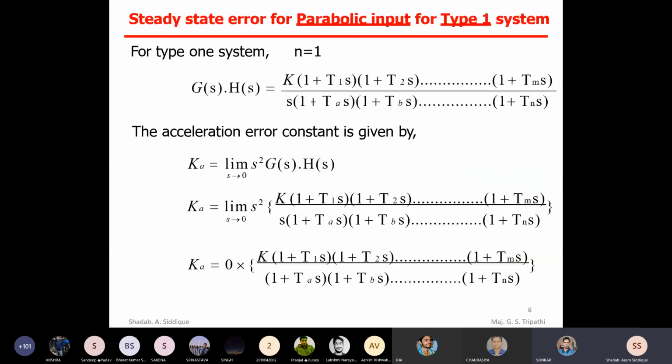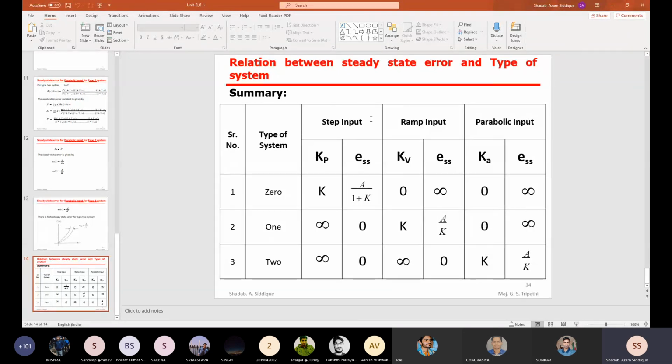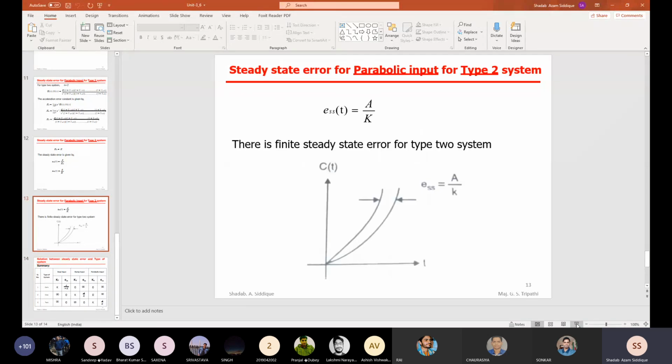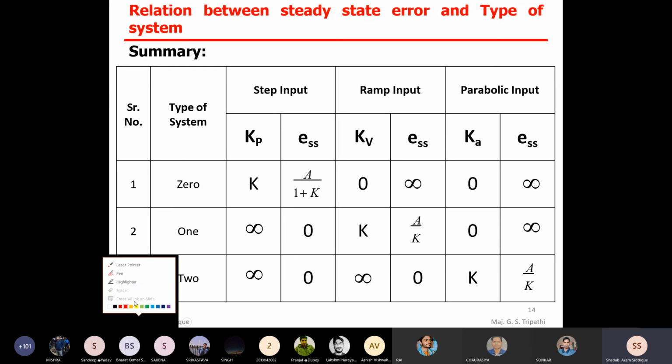तो अभी आपको मैं टेबल से बता रहा हूँ, आप टेबल में देखिए, टेबल में मैंने अप्लाई कर दिया इम्पल्स इनपुट। अभी मैंने एक और कॉलम बना दिया फॉर इम्पल्स इनपुट। देखिए, प्रैक्टिकली फिजिबल सिस्टम नहीं है, बट वी आर टेकिंग फॉर यू, इम्पल्स इनपुट ले लिया। आई एम नॉट टॉकिंग अबाउट Kp, Kv, Ka, आई एम जस्ट टॉकिंग अबाउट ESS. सो व्हाट विल बी ESS for type 0 system?